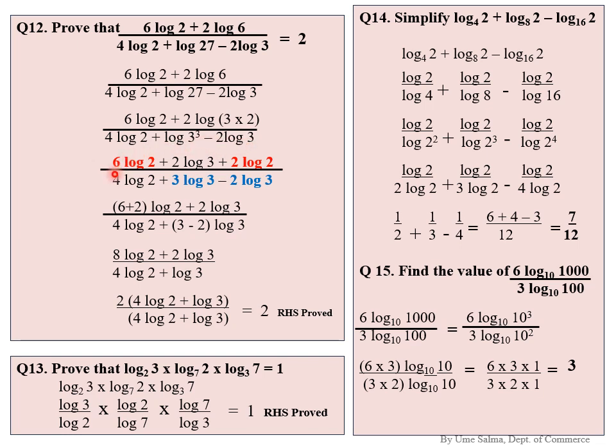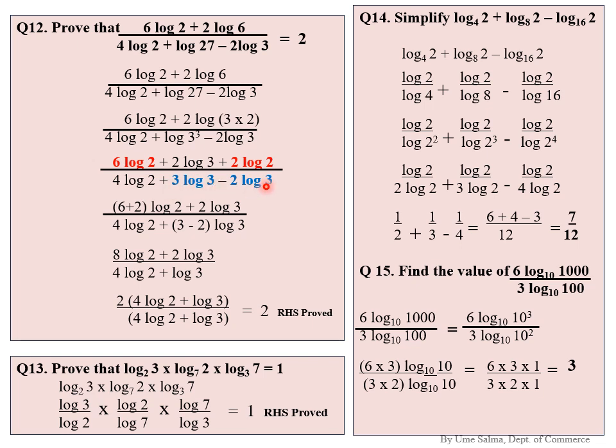Now in your next step, 6 log 2 is taken as it is, but here you can see you have log m into n, which can be split using the addition operation as log m, that is 2 log 3, plus log n, 2 log 2. This 2 log is applicable to both the terms and split by using addition operation. In your denominator you have 4 log 2 plus, this power can be taken out as a product, 3 log 3